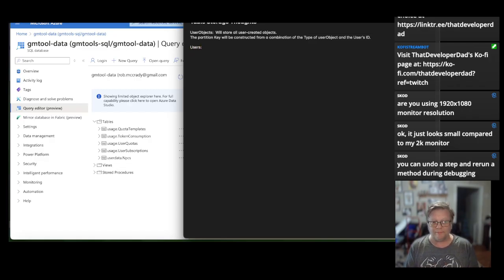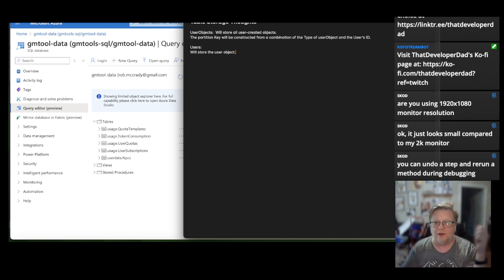Users will store the user object. Now, we can't store complex objects in Azure Table Storage as is, and I don't want to flatten them necessarily, but we're going to have partition key will be